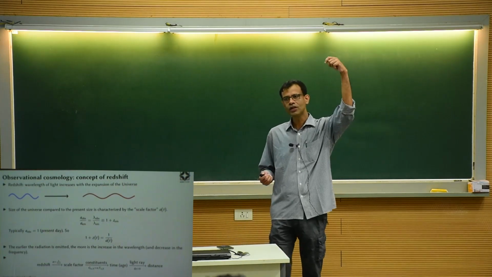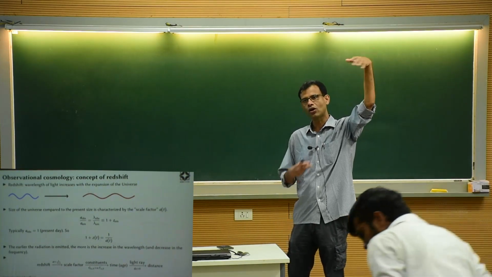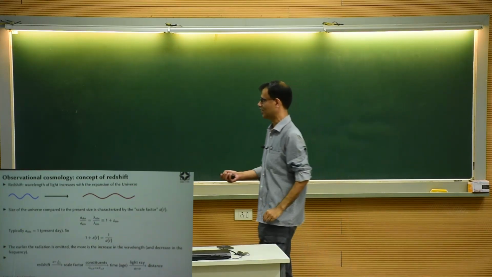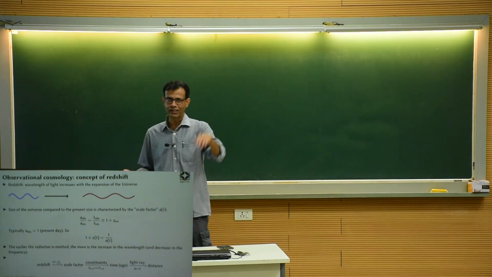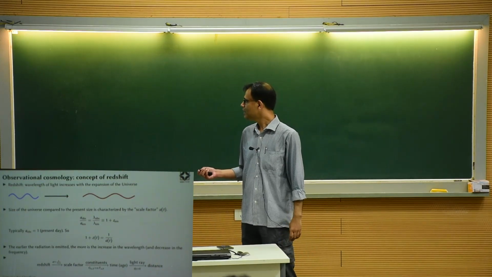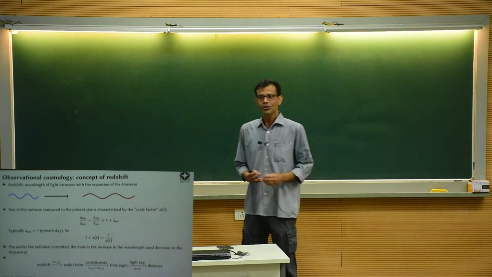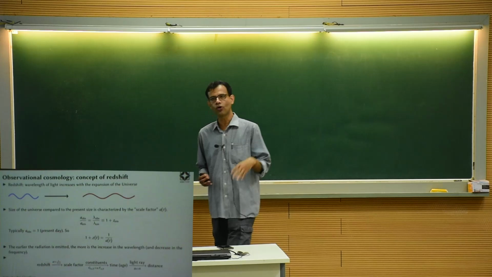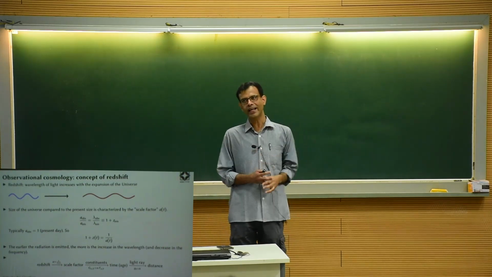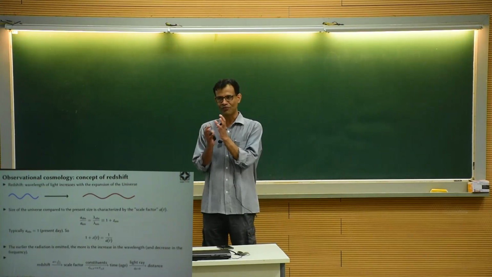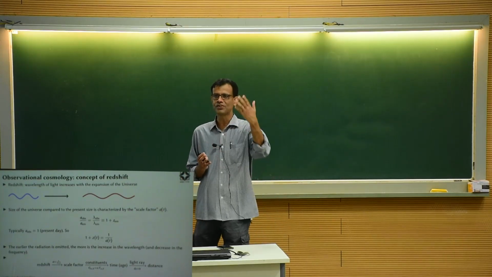So the age of the universe when the light was emitted, or the time which passed between when the light was emitted and when it reached us. And because it is a light ray and it will travel with a fixed speed, that will immediately give you the distance. So as a result, in cosmology, redshift plays the role of time or age as well as distance. So we will talk about, so when we use sentences like we observe